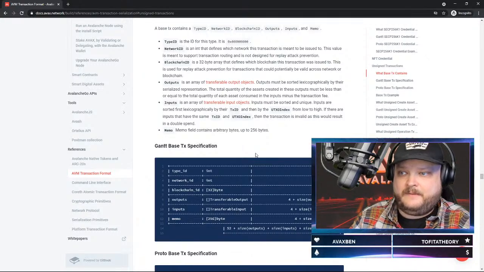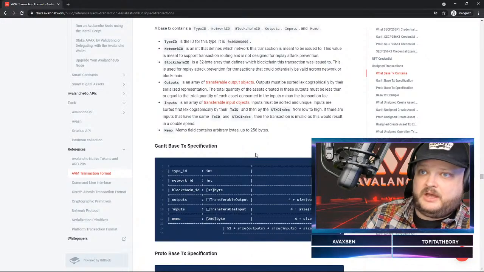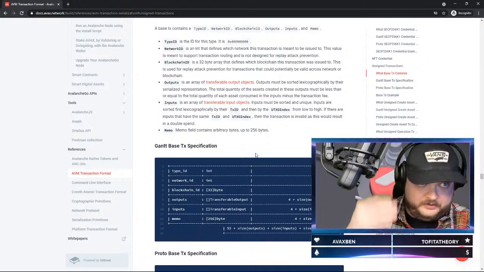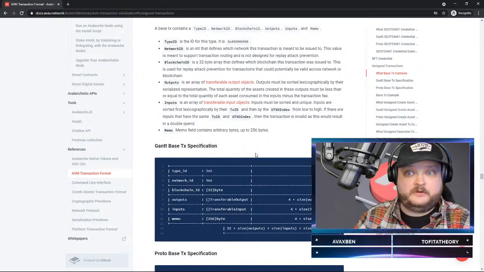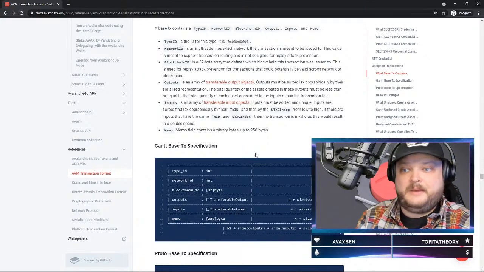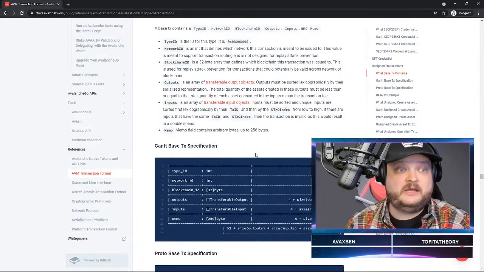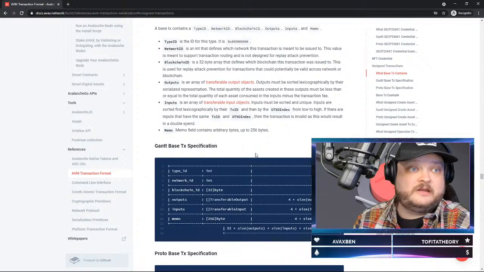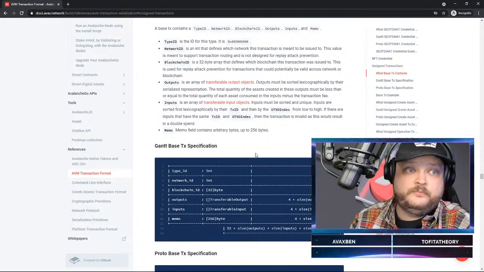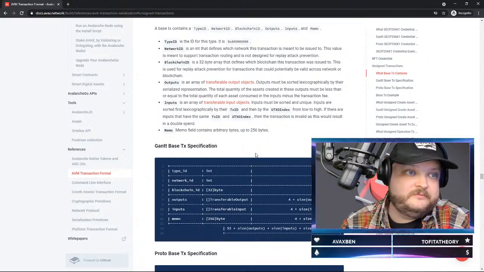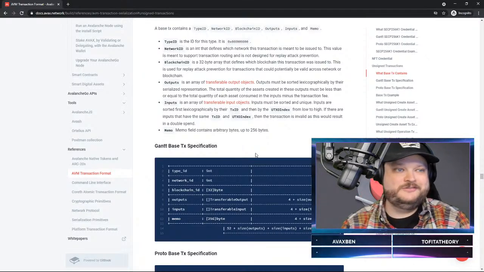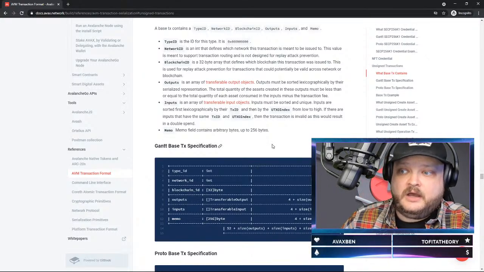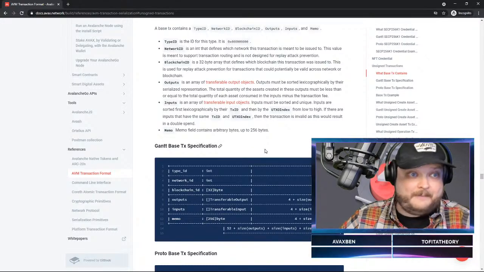And it has a list of outputs and a list of inputs. So the outputs come before the inputs. And then it has a memo field, so you can actually add 256 bytes of data to every transaction for a memo. Like this transaction came from Coinbase. This transaction came from Binance. Chancellor on brink of bailouts for banks. These are all memos you can add to the field. And these are all things that kind of wrap every transaction.